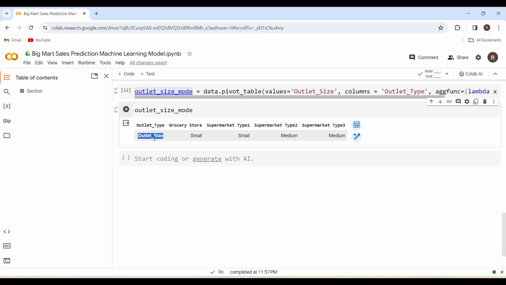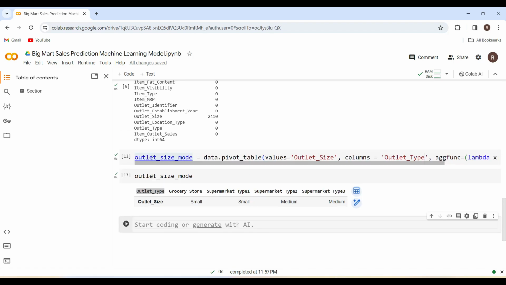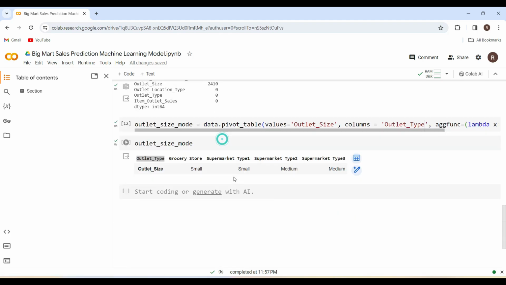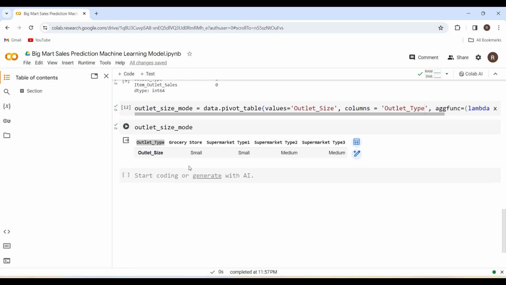Okay, now let's replace this outlet size wherever it is null values. We are going to replace it with these values, based upon the outlet type. Now the next step is, for the numerical columns we can directly use the fillna. But we cannot use fillna for the categorical columns. So here we are going to find out the location of the missing values. Missing values location. How I am going to find out the missing values location is data